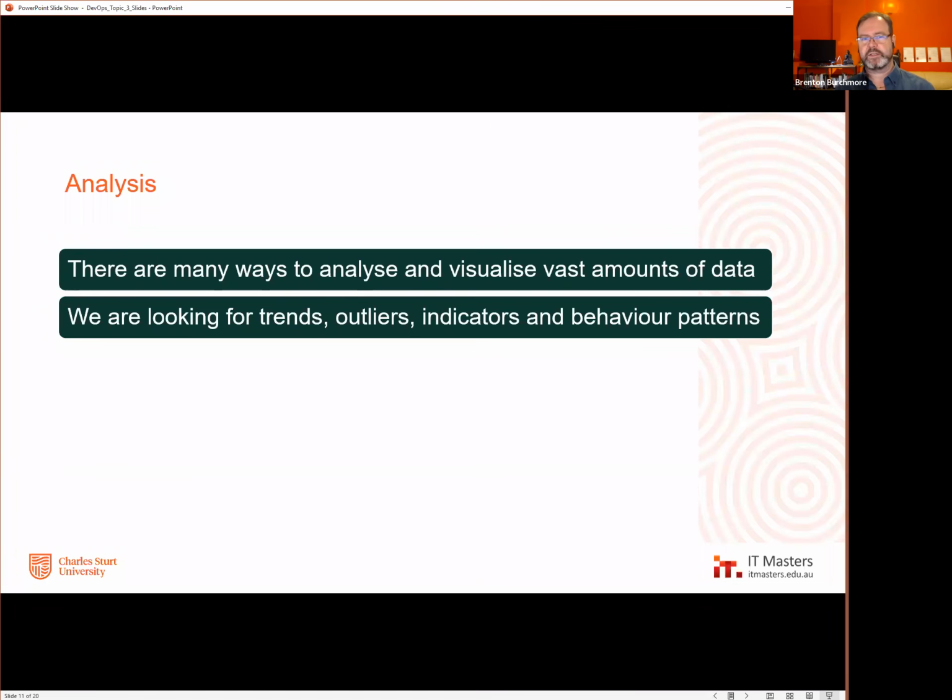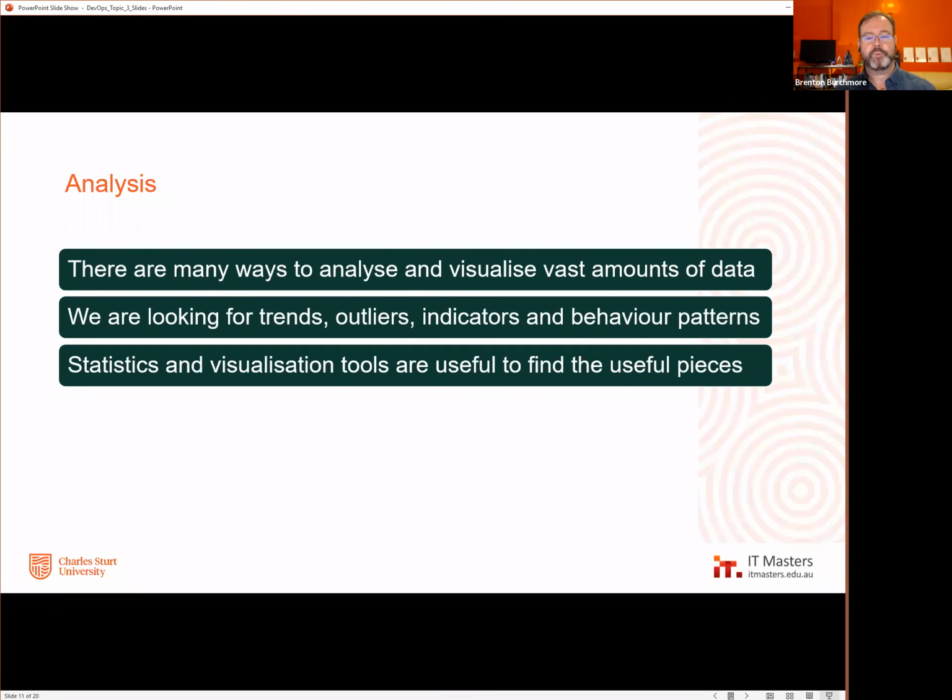So this perspective is putting aside the fact that some developers are going to have very targeted questions, and they're going to say, that thing I launched yesterday, it's meant to be doing this, this, and this, and I need to see my log reports to see if that's actually exactly what it's doing or not. Ops are saying, yeah, good, but look what happened to this bell curve over here. It's gone crazy. So you're going to have reasons to look at anything out of the ordinary. And a lot of this might be triggered by ops, but it's often going to be the devs that are going to look into it if it's in the application layer.